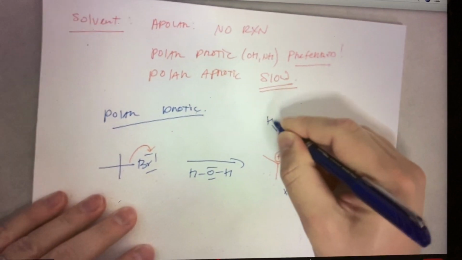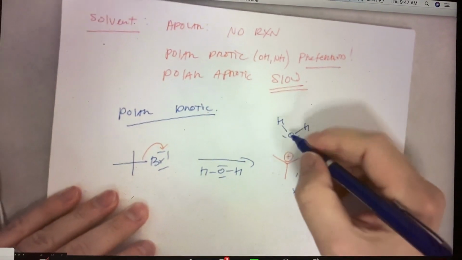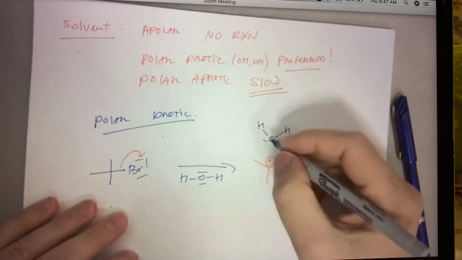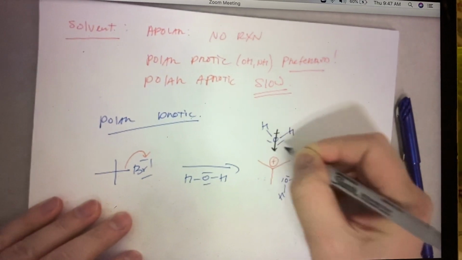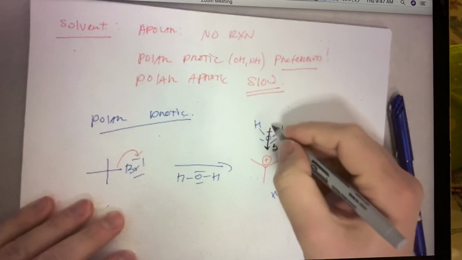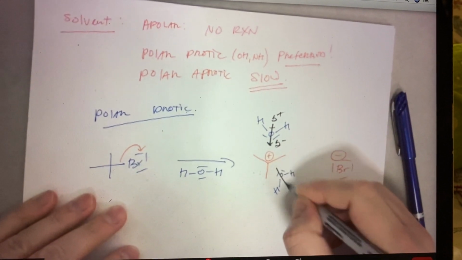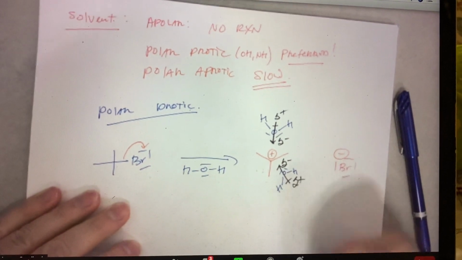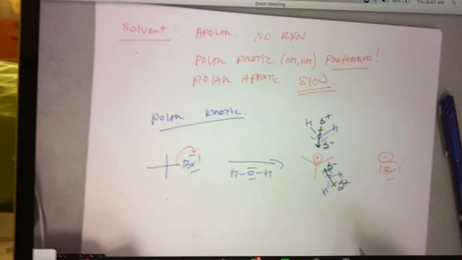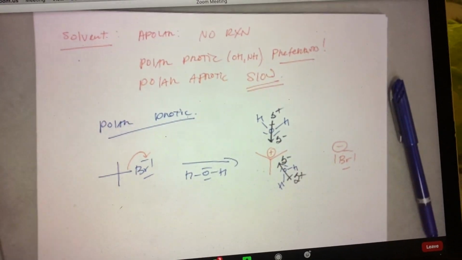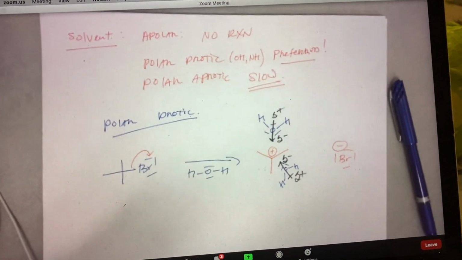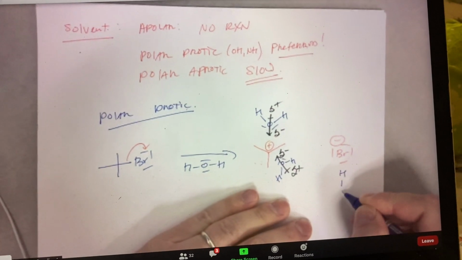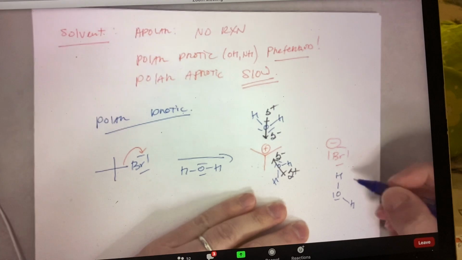Ultimately, water will react with it when a pair of electrons get close enough, but the dipole vector for water, the direction of its net dipole, puts net negative charge here, net positive charge here. This is the shape of its dipole vector if we sum up its two polar bonds, and it actually surrounds this carbocation, temporarily stabilizing it. But water also, and protic solvents that have the ability to donate a hydrogen bond, this